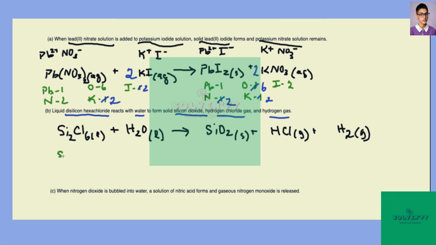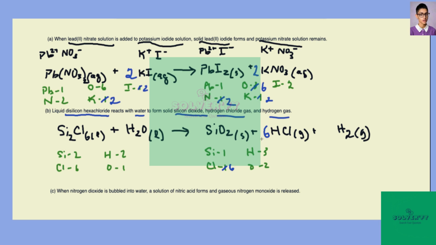So I have silicon, chlorine, hydrogen, and oxygen on both sides. There are 2 silicons, 6 chlorines, 2 hydrogens, and 1 oxygen. Whereas on the products, there is 1, 1, 3, and 2. So to balance, we'll start with the chlorines. Put a 6 here